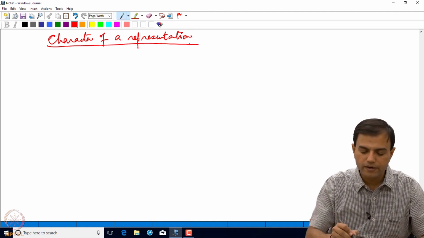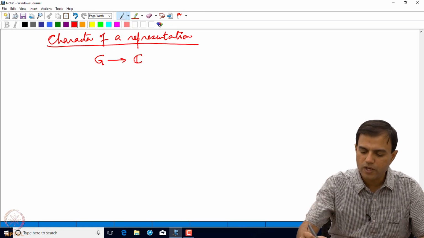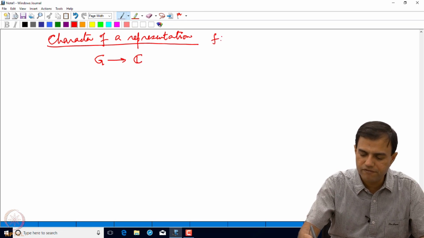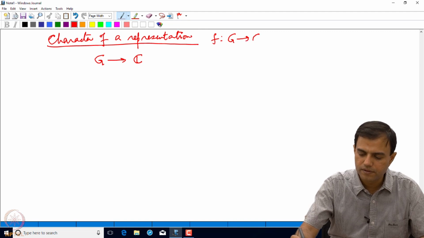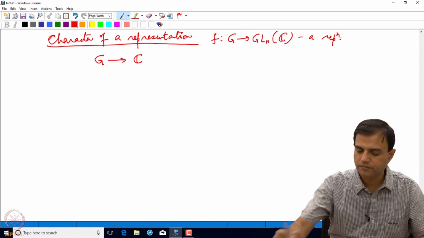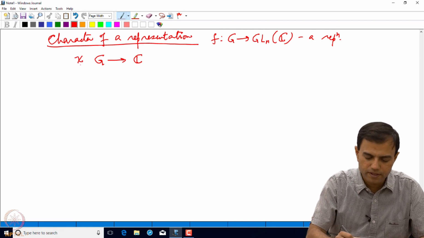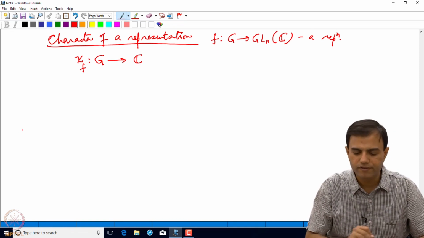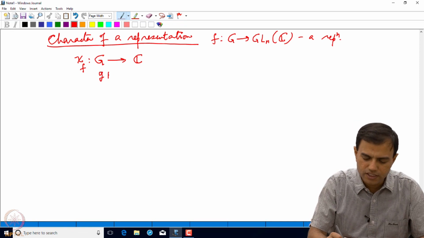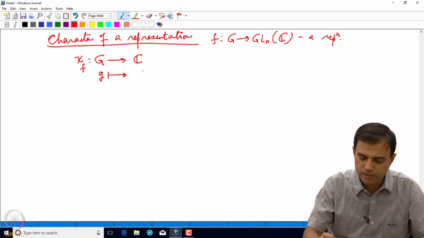So what do we mean by character? Character is a map from G to C. So I have a representation, let me call it F. The representation. So given this representation, I can associate to it a map, maybe I call it chi F. It's called character of F. What it does is, given g, it associates to it